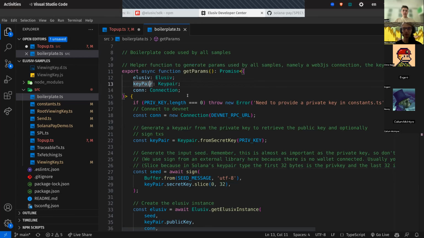Pretty sure most of you are familiar with that, which is just a private/public key, oftentimes in the form of a wallet. Another one is a connection to the Solana RPC. And the last one, the one that's a bit more special, is the Elusiv instance. Now, how do we create or get this Elusiv instance? So if we look at this code real quick,